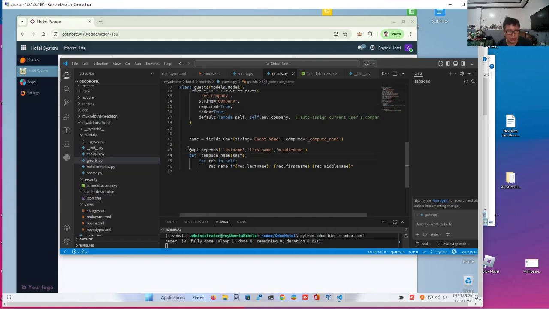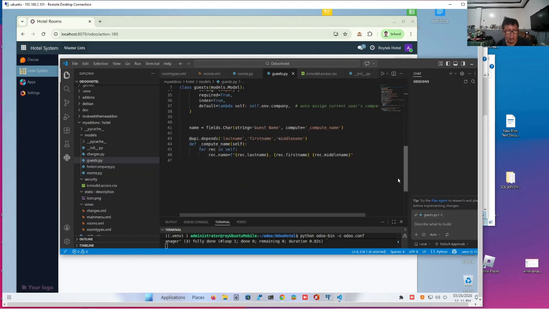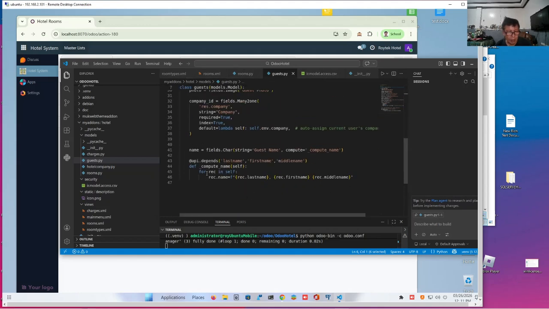And we use the API depends decorator, which is part of the API module in Odoo, which we have to import at the start. Inside the function, we are going to use a for loop because oftentimes this model will return a set of records involving guests.